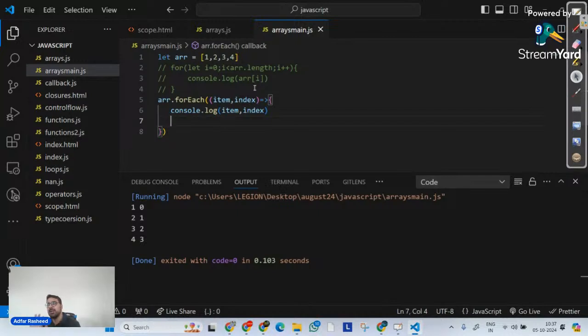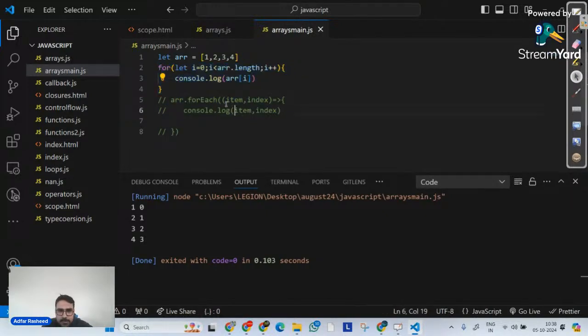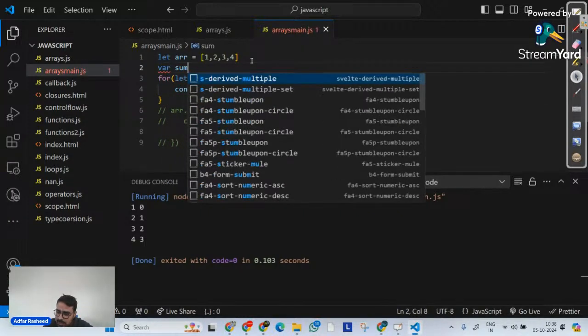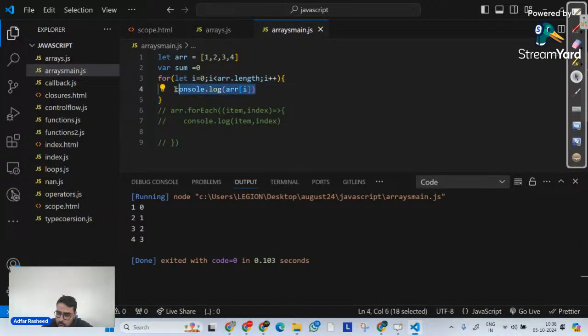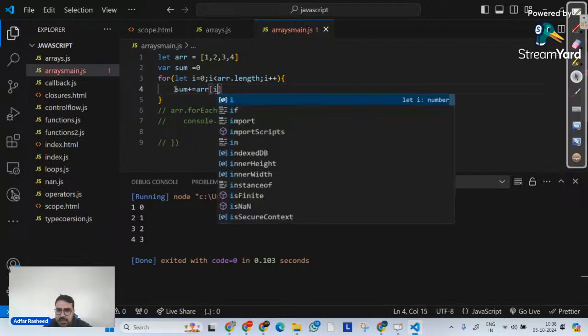So the whole agenda of using a forEach loop is to implement a loop on your array. Then whatever your requirement is, you can actually do that. For example, I simply want to add all of the numbers inside the array together and give me the result. So 1 plus 2 is 3, 3 plus 3 is 6, 6 plus 4 is 10. I want 10 in the output. That's my requirement. If I have to do it in my normal imperative design, this is how I will implement it. I will define a variable called sum equal to 0, and then instead of console logging there, I will simply write sum plus equals ARR at the index I. Done.